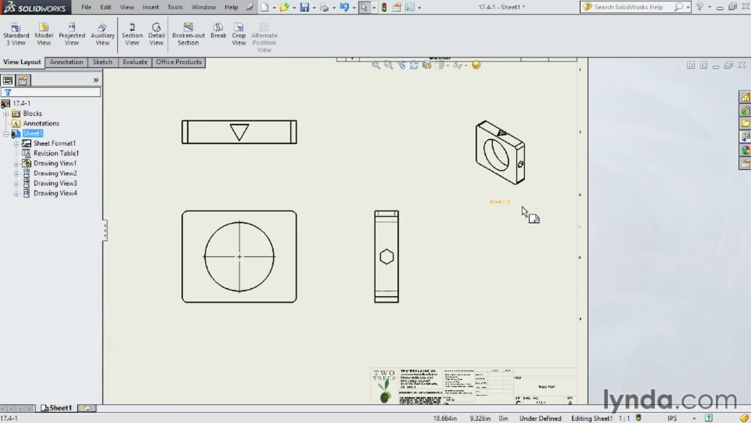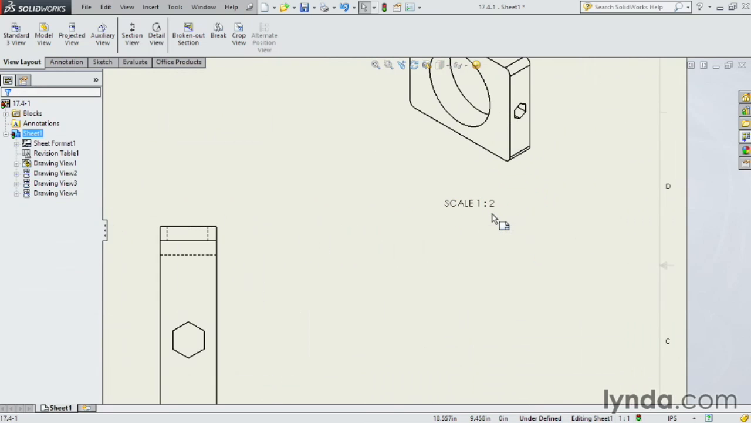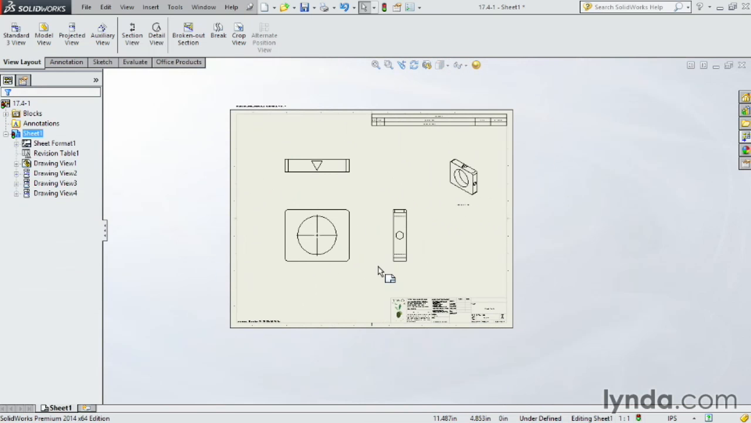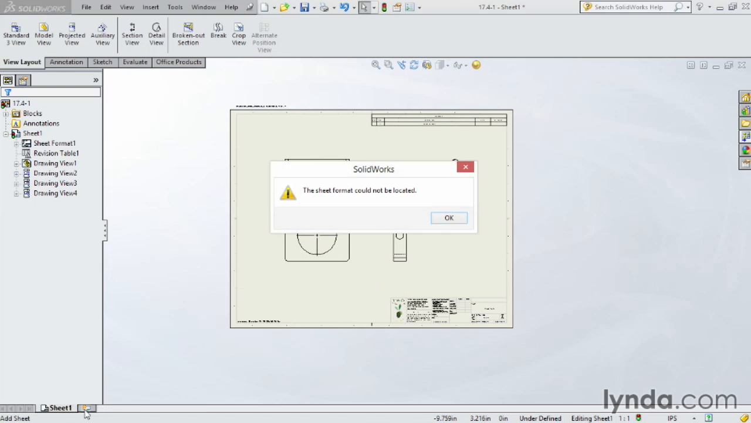And notice it gives it a little annotation below there. It says the scale is 1/2. So a nice way to do that. If you need additional space in your drawings, you can add additional sheets as well. So go ahead and click on this little Add Sheet button down here at the bottom, and it'll automatically add